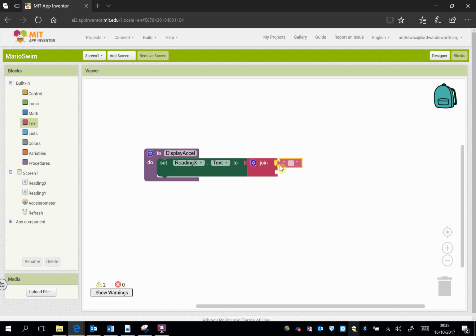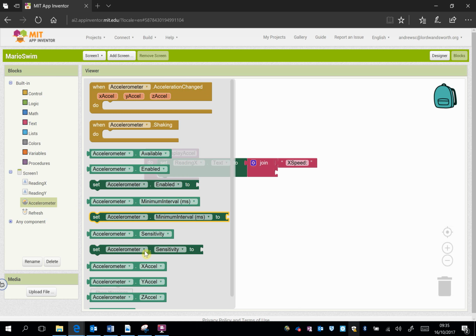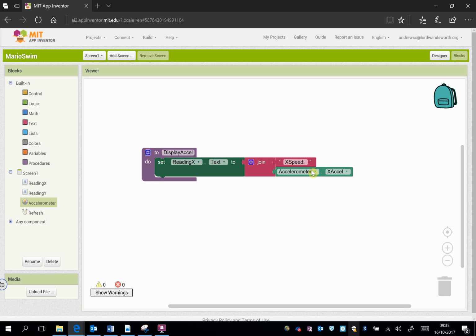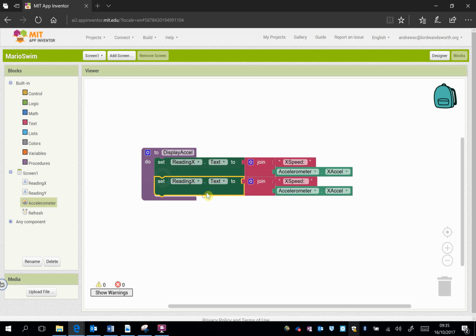I'm going to join this x speed, and we're going to put that onto the accelerometer x accelerate. So it's sensing what the speed of the x accelerometer is and adding it on the end of x speed colon. You see I put a little space at the end of there, so there's a little gap. Now reading y